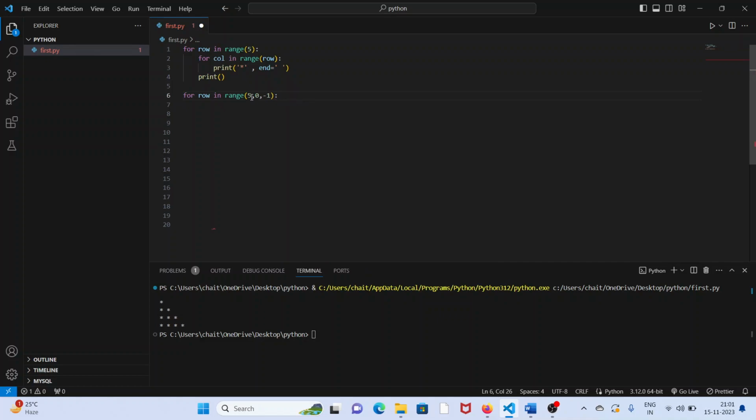The first parameter, 5, is the start of the loop index, and the next one is the end of the range index. -1 is the step, for reverse order. If you give -1, it goes from 5 to 0: 5 4 3 2 1. If you give -2, it goes 5 3 1. It alternates stepwise. And for column in